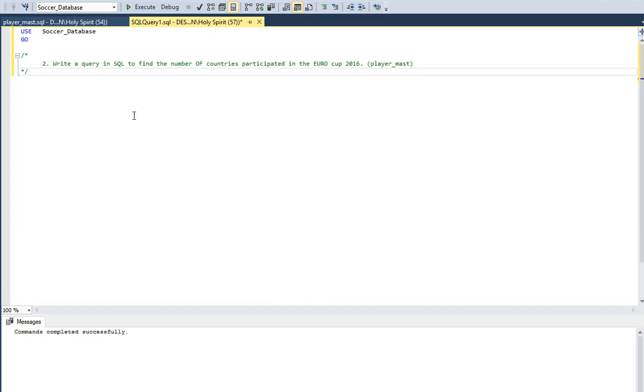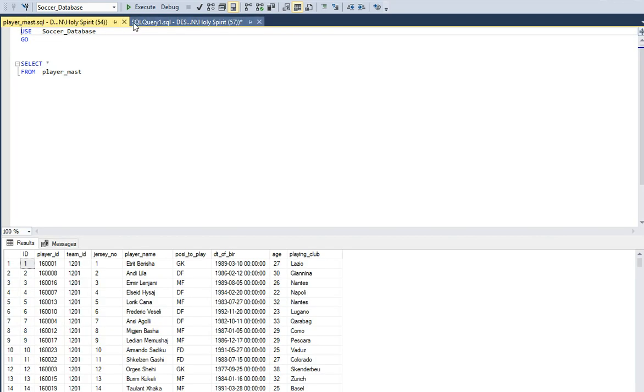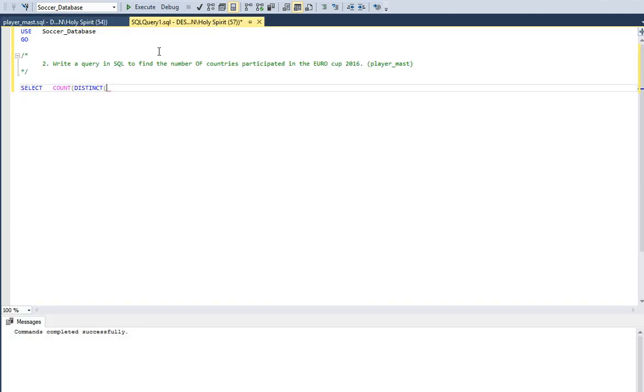So here select count again distinct, because it's repeated, we need only once. 1201 has to be selected only once. The team ID